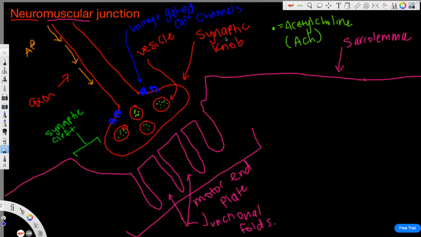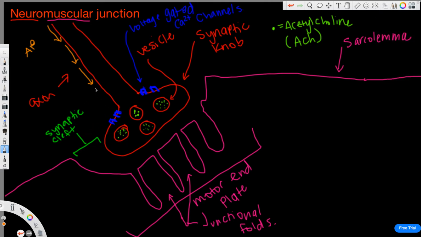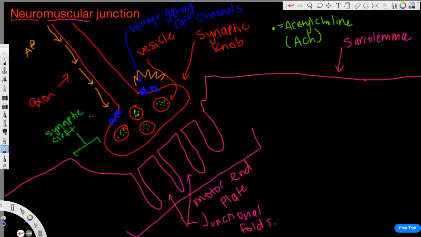So remember that voltage-gated means these are only open at a particular voltage, and in the case of voltage-gated calcium channels, that voltage happens to be the same voltage as an action potential achieves. So the action potential ending up here is going to act on these channels to make them pop open. And if that occurs, calcium can come in. So let's draw some calcium diffusing through these now open channels